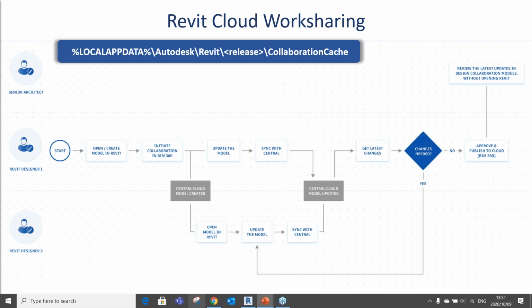Okay, so when you use Revit Cloud Worksharing, locally cached versions of the cloud models are stored in a folder path, as can be seen on the screen. And it's really very important to just note that the data in the collaboration cache should not be directly accessed or manipulated. And that's why Revit automatically opens up your latest version